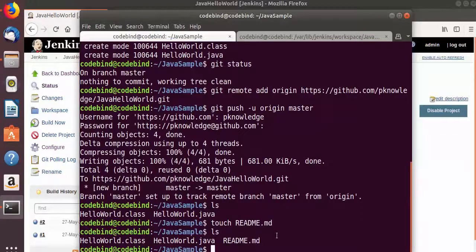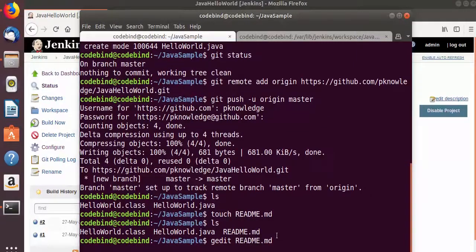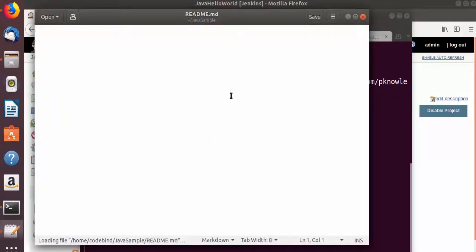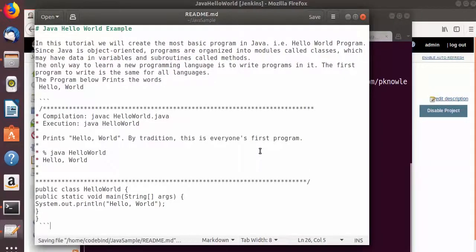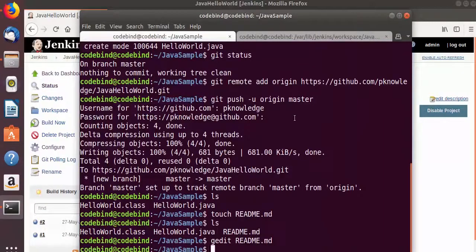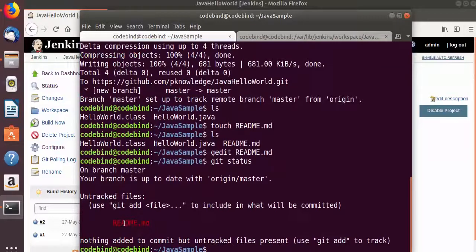And to edit this file, I'm going to just write gedit. Gedit is the editor, you can choose any editor you want, and then the file name which is readme.md. And once this editor is open, I will just copy and paste some readme content into this readme.md file, and now I'm going to just give the git status command. So just give the git status, and you can see there is one file which is untracked,